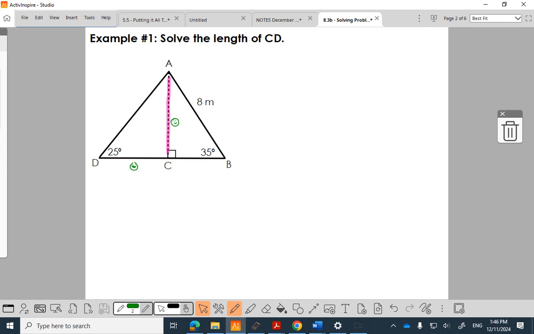That's good planning. It goes, I know exactly everything I'm going to do. I'm going to find AC, and I'm going to use that to find CD. And sometimes in geometry, we can make a full plan like that. But sometimes we can't. So now I'm going to teach another way, which will end up with the same steps, but I'm going to teach another way to do this problem, which is to go,